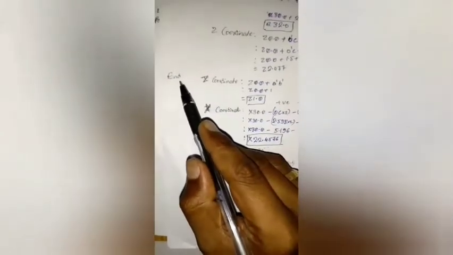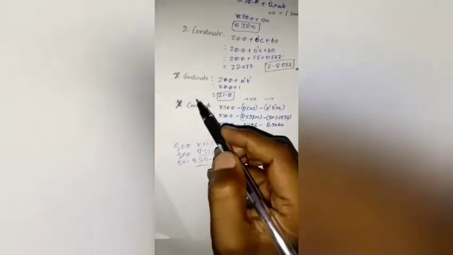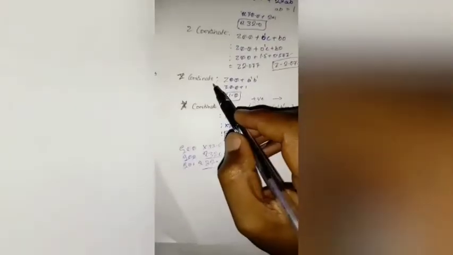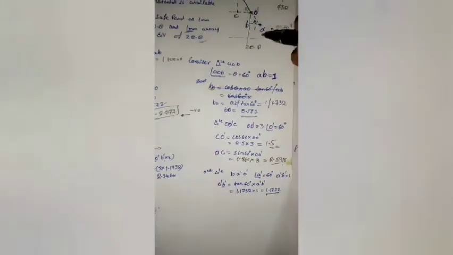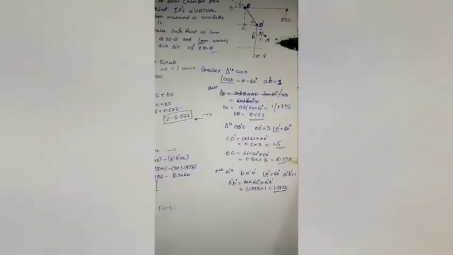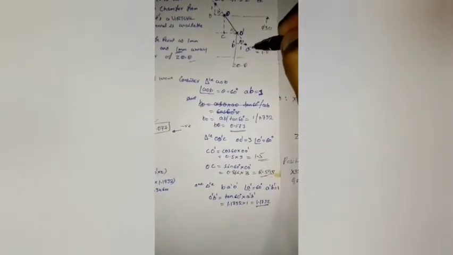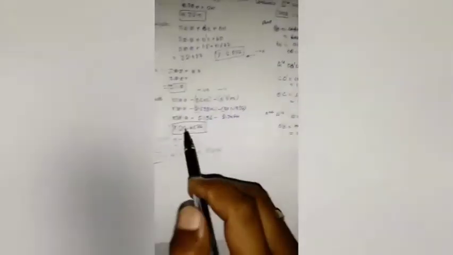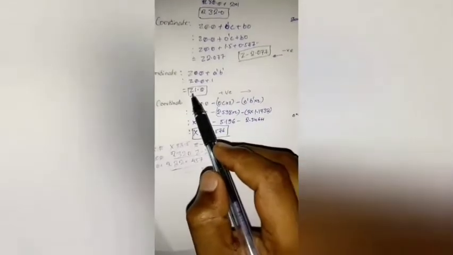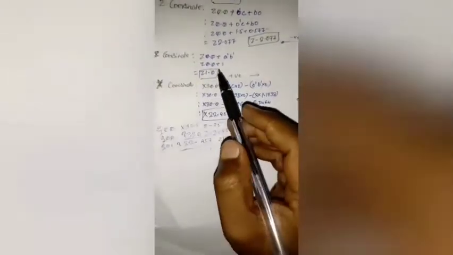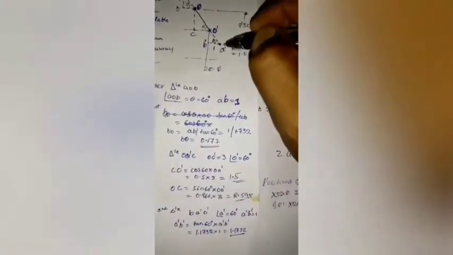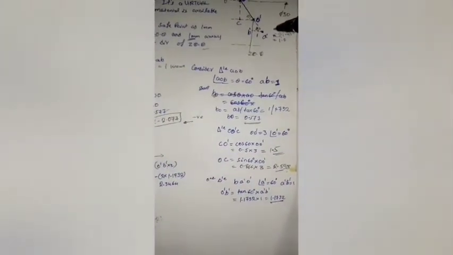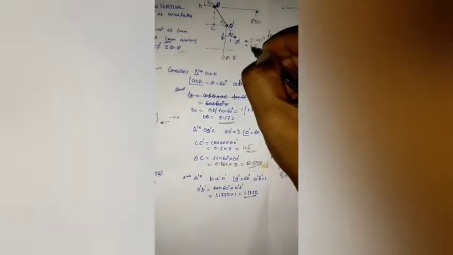Similarly, I'm going to find out the end coordinates, the Z and X coordinates, but I'll find out the Z coordinate first because I have already written Z0.0. This is the origin. Plus I have to add this A dash B dash, which is already known by this assumption. So 1 mm has already been put, Z1.0. So it will become Z1.0. This is in the positive direction. This is origin, this is the positive direction. So the cutting tool should come here. So Z1.0 is written here.